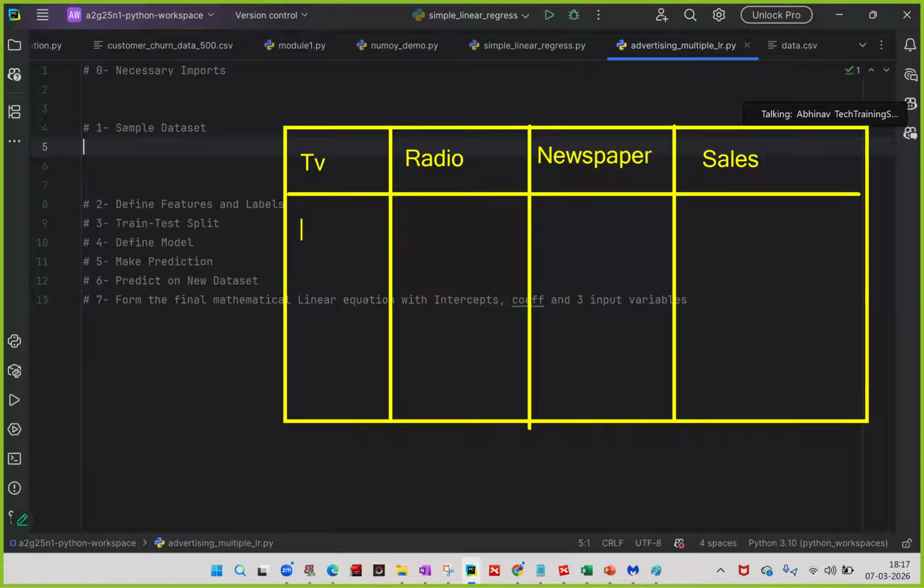Let's say I'm spending 230 something to $30.1 on TV advertisement, some 37.8 on radio advertisement, and something like 69 point something on newspaper. And then I'll be getting some sales out of it, so 22.1. So what this data denotes is that I am spending this much amount on TV, this much amount on radio, and this much amount on newspaper advertisement, and I'm getting this much sale, and I'll be having